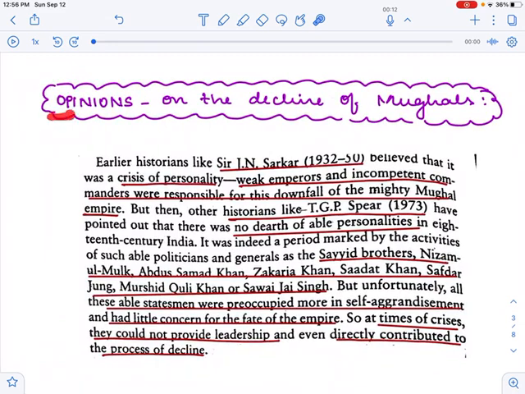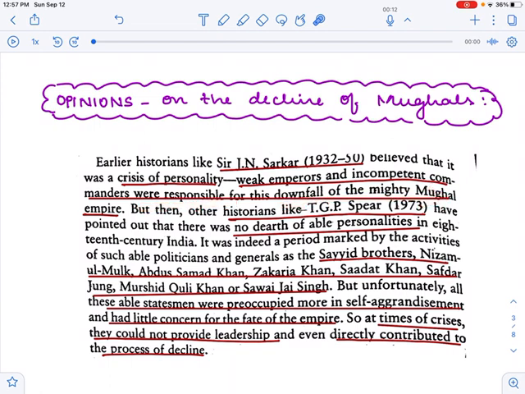Now let's see some of the opinions put forward by historians regarding the decline of the Mughals. One opinion was put forward by J.N. Sarkar and the other by T.G.P. Spear. J.N. Sarkar said that it was the crisis of personality that led to the decline of the Mughals. He said that the weak emperors and incompetent commanders that the Mughal army had were responsible for the downfall of